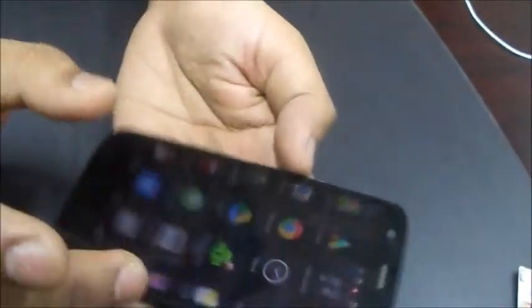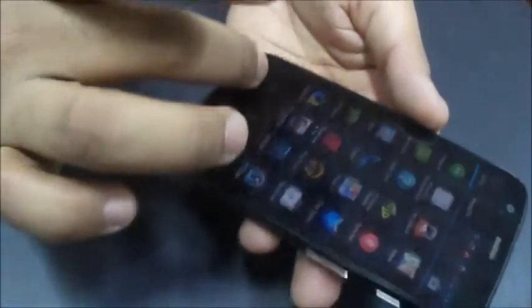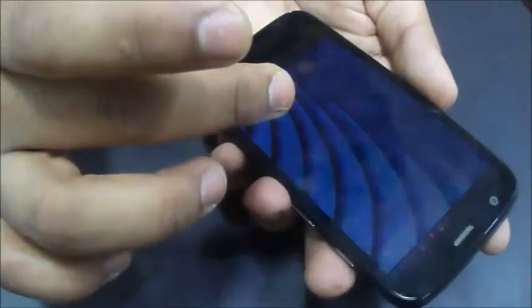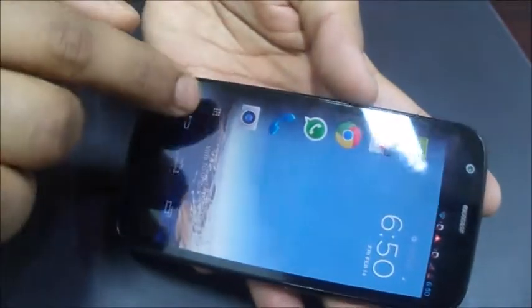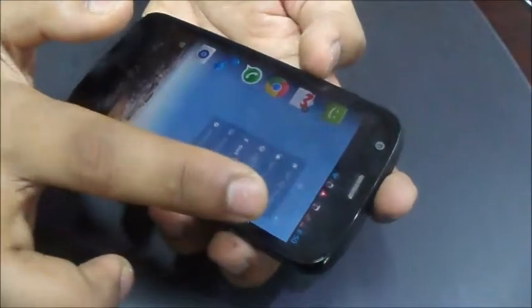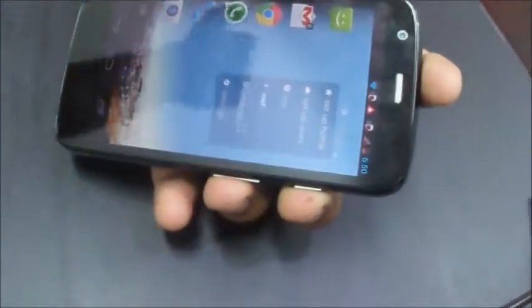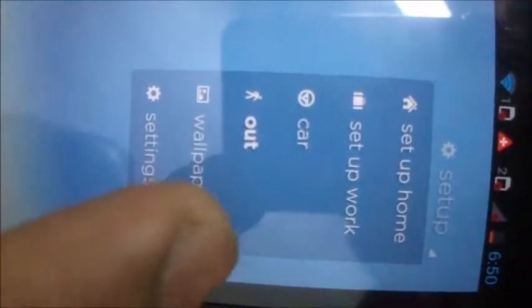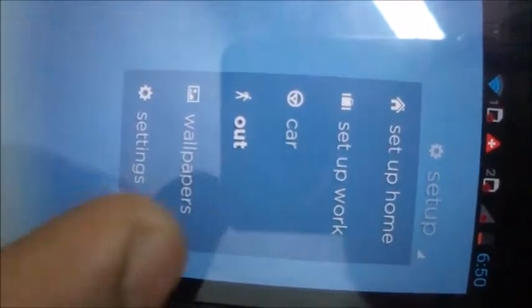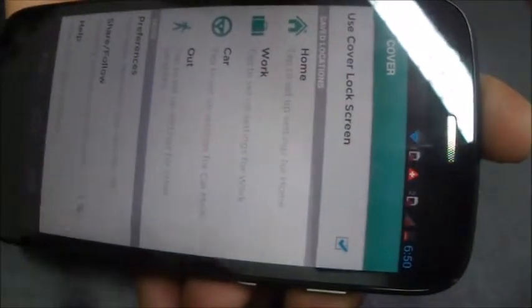Apart from that, if we get into the folder, you can see there's an option panel. You can see the setup option somewhere in the top. You just need to click on setup. It shows you all the available options. You can set up home address, you can set up work address, you can set the cover wallpapers and the settings. So once we get in the settings, you can just see the preference,